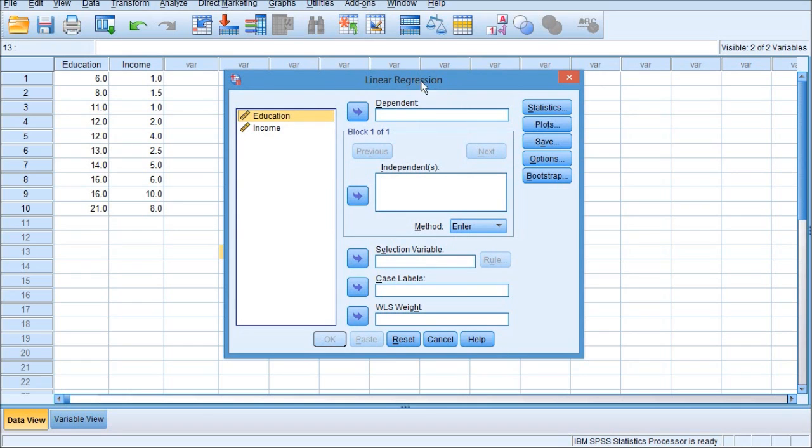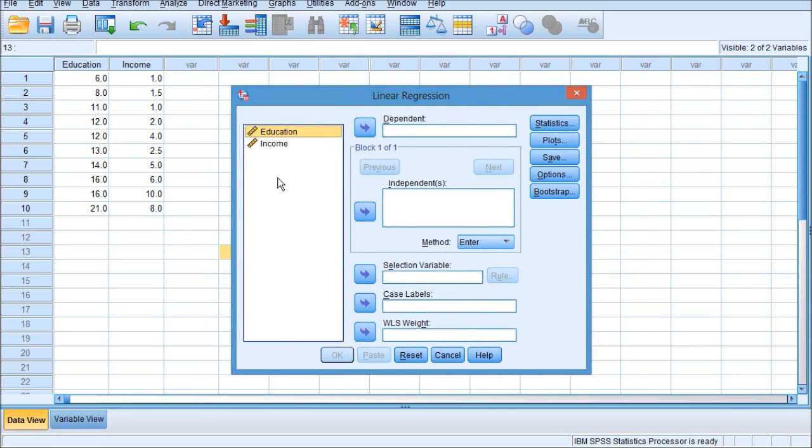In this linear regression pop-up window, please make sure to move the variables into dependent or independent boxes correctly. Dependent variable to dependent variable box, independent variable to independent variable box.